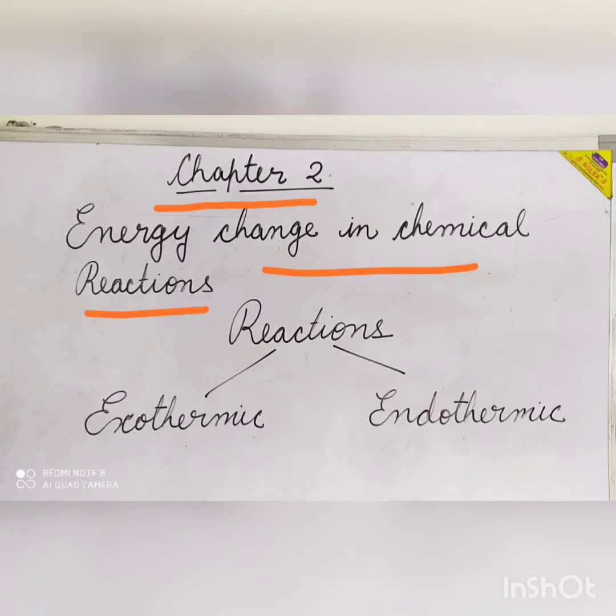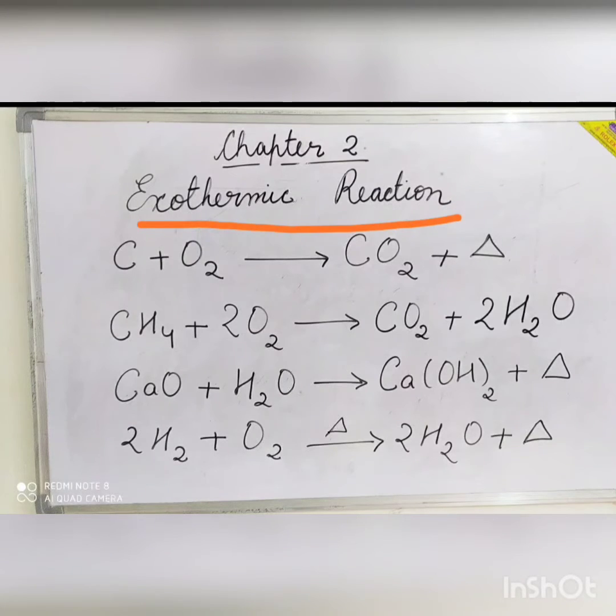Depending upon the energy released or absorbed, chemical changes are of two types: exothermic or endothermic. Exothermic reaction. A chemical reaction in which heat is given out is called an exothermic reaction. It causes a rise in temperature. In an exothermic reaction, the total energy content of reactants is more than that of products. For example, when carbon burns in oxygen to form carbon dioxide, a lot of heat is produced.